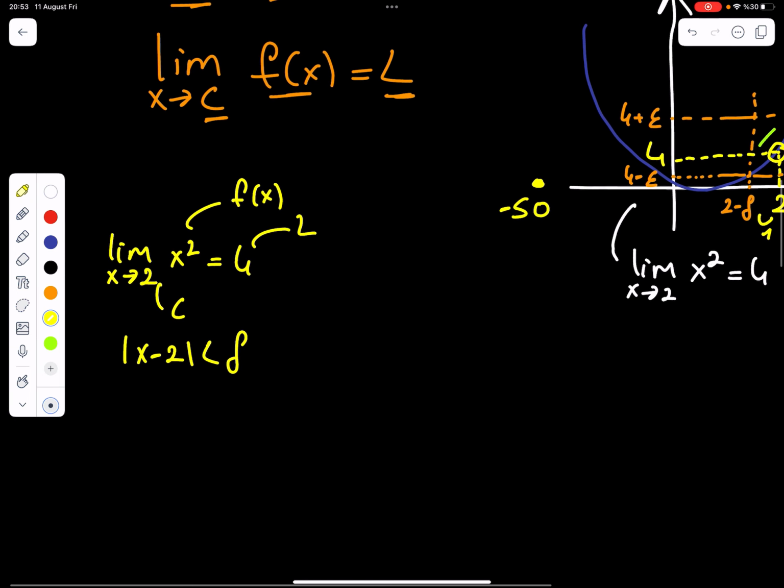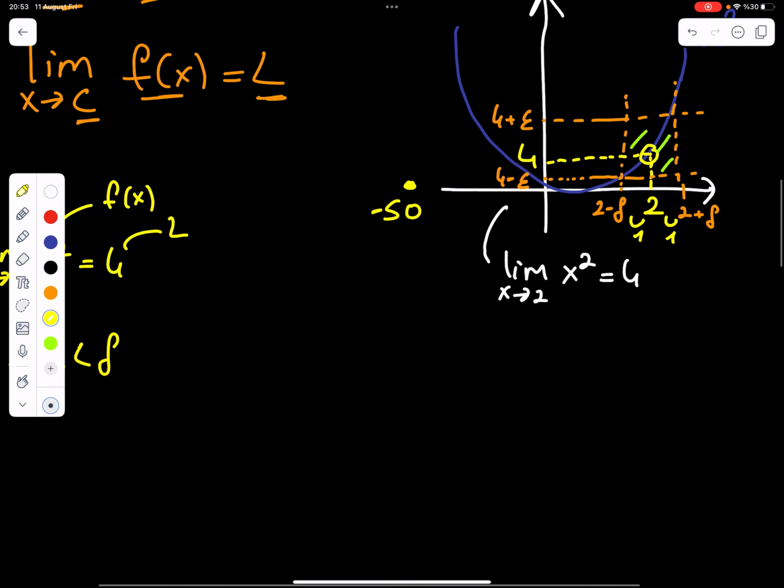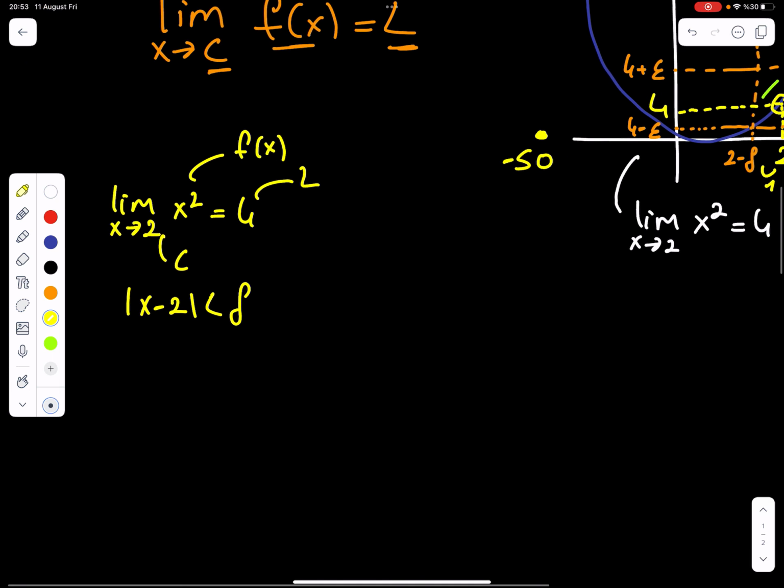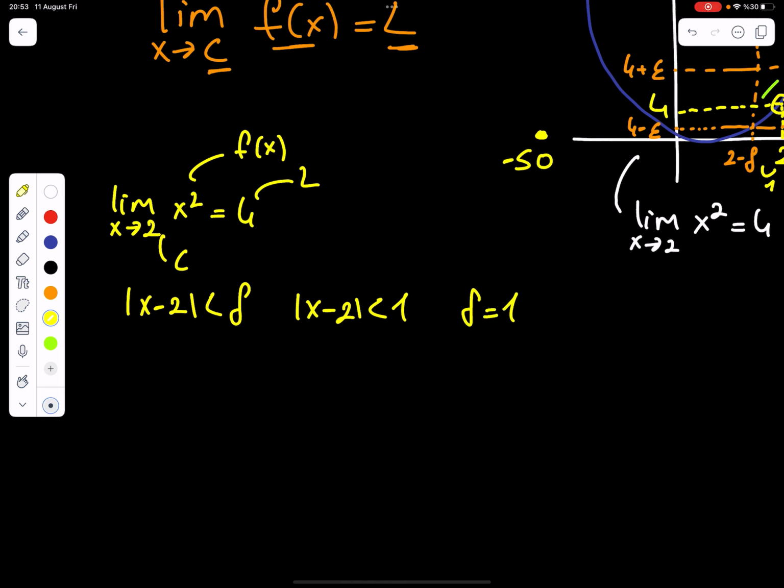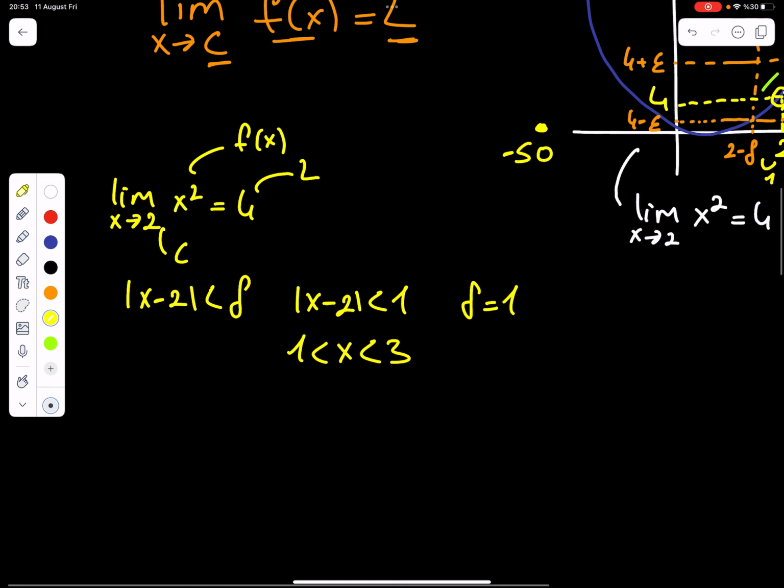So now, as I said, I only want the maximum to be 1. I want the distance to be 1. So we can write the absolute value of x minus 2 smaller than 1, and we say that here delta equals 1. Okay, now when I solve this inequality, this is 1 smaller than x, smaller than 3. And now let's take a look at f(x) minus L